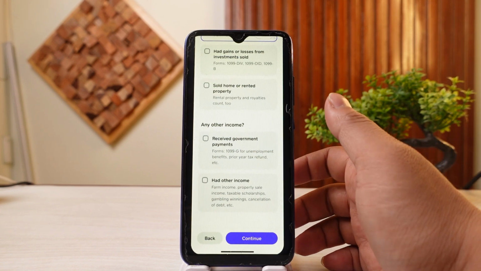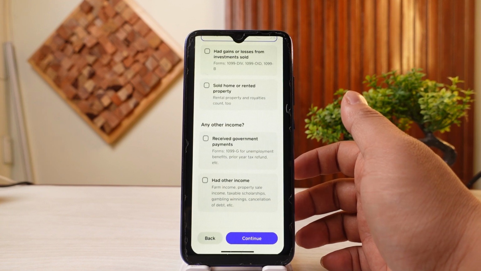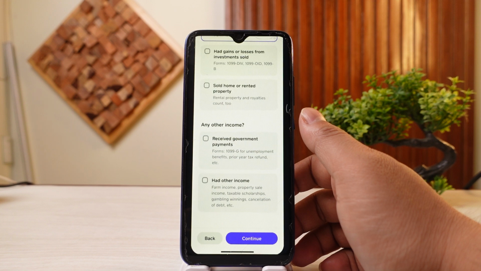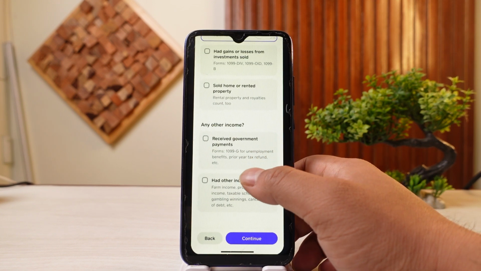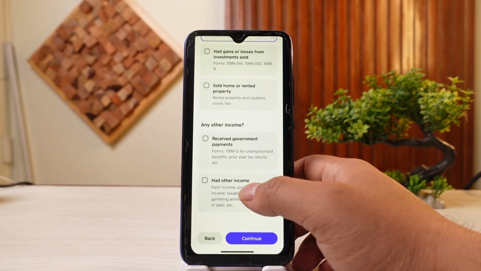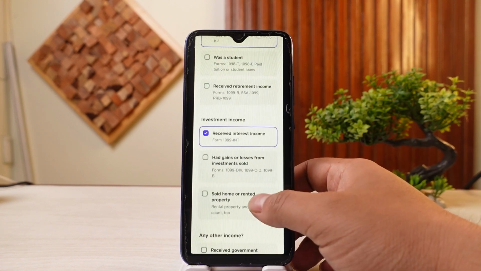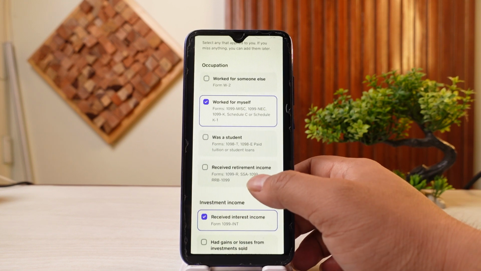Once all of this step is complete, you'll need to review your summary so that you can confirm and calculate your refund or the tax amount owed. Once everything is complete, you'll be able to transfer your completed state returns to the IRS and state tax authority. So this is the exact steps that you can follow in order to use the Cash App tax